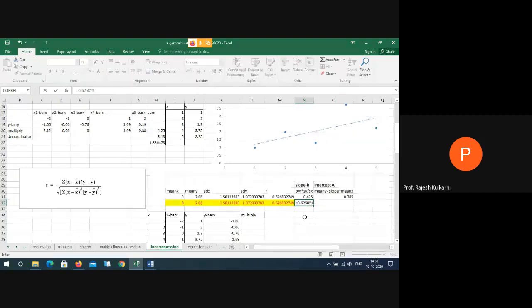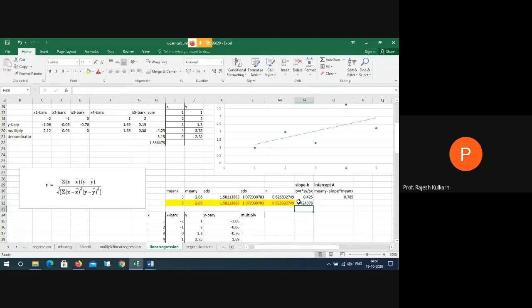Standard deviation of y is 1.0720, divided by standard deviation of x, how much? 1.5811. So you got this 0.4249. So some value, I'll highlight this also. Now we got slope B.